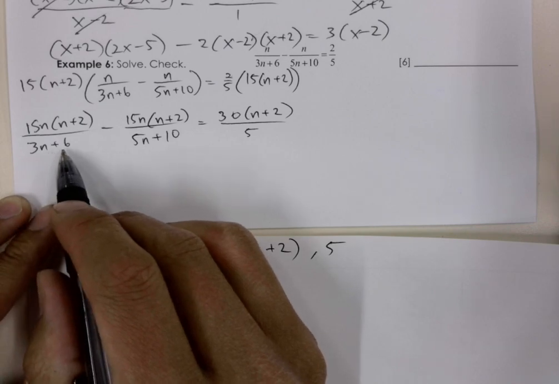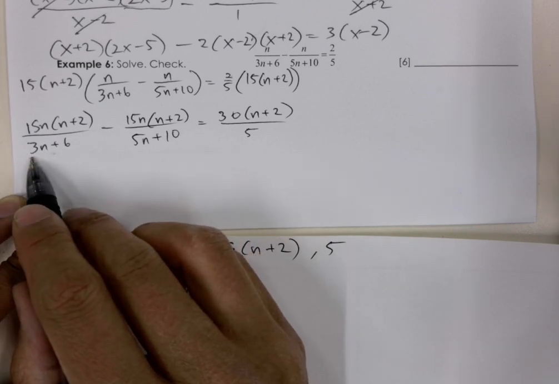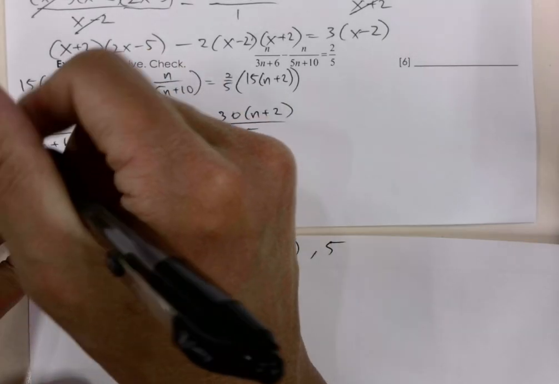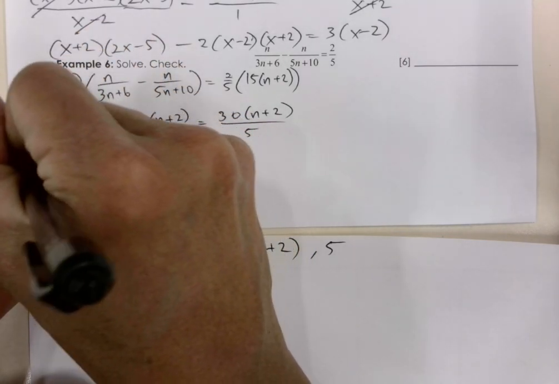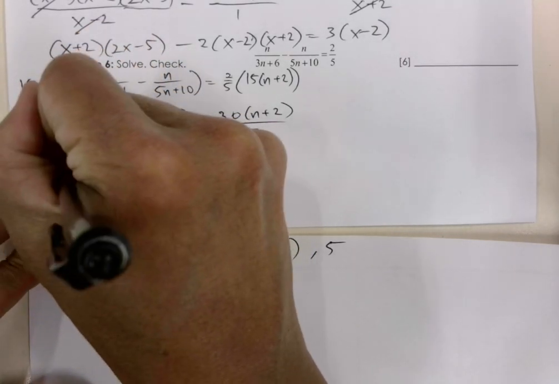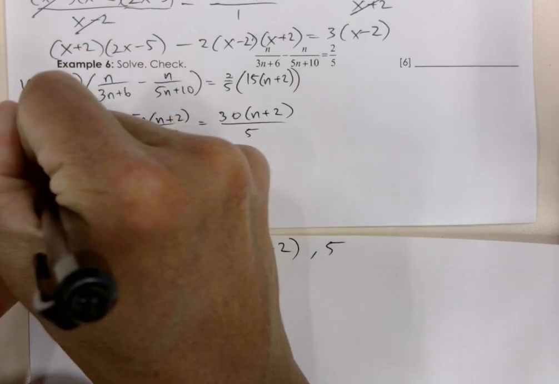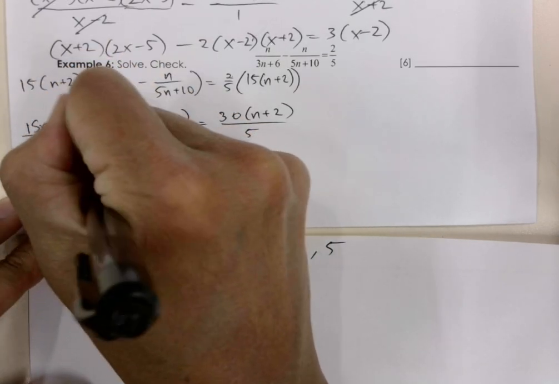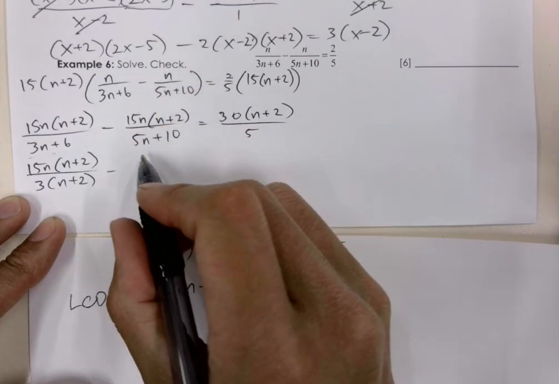Alright, so now we can go ahead and factor out in the denominator a 3. So let me go ahead and rewrite that. 15n times n plus 2 over 3 times n plus 2 minus,